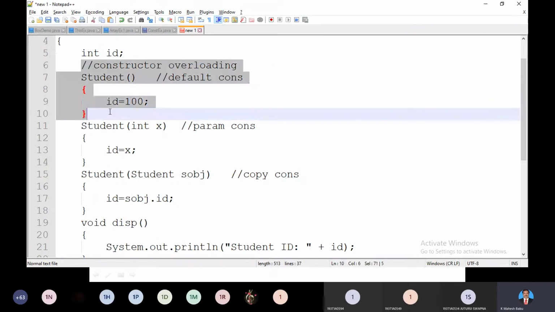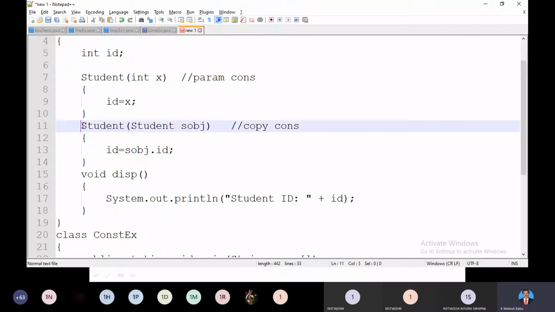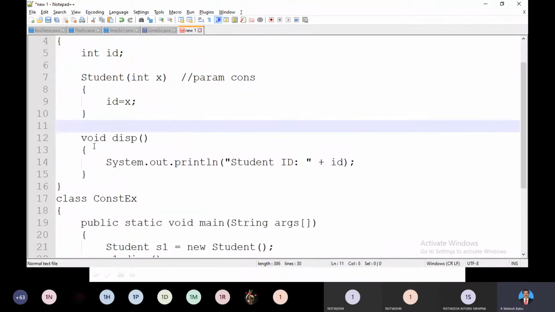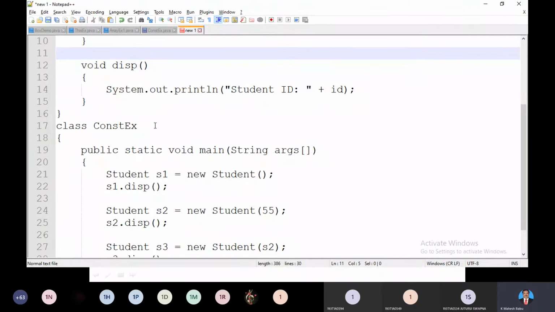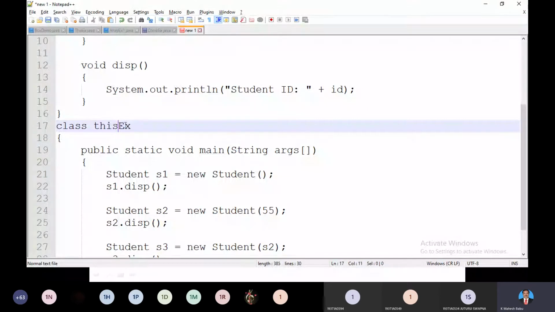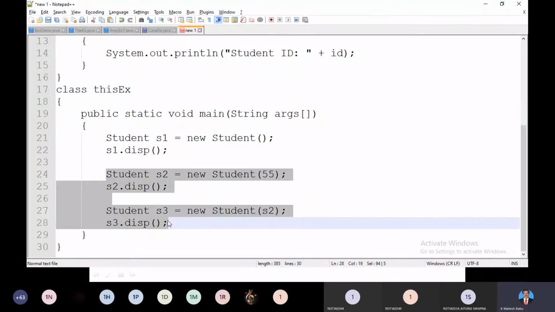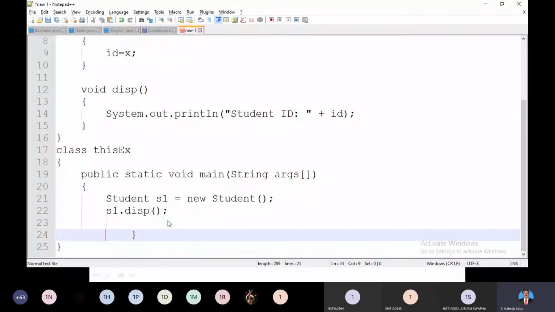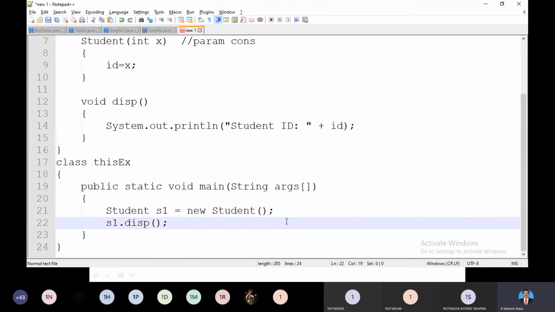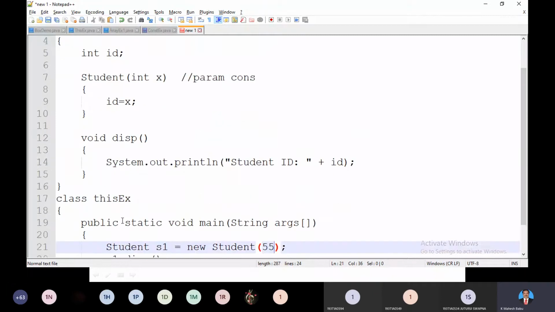I'm removing this default constructor, and this one also, and keeping only one method and the constructor example. I just remove all this. I pass some number here, for example 55, and save this one.